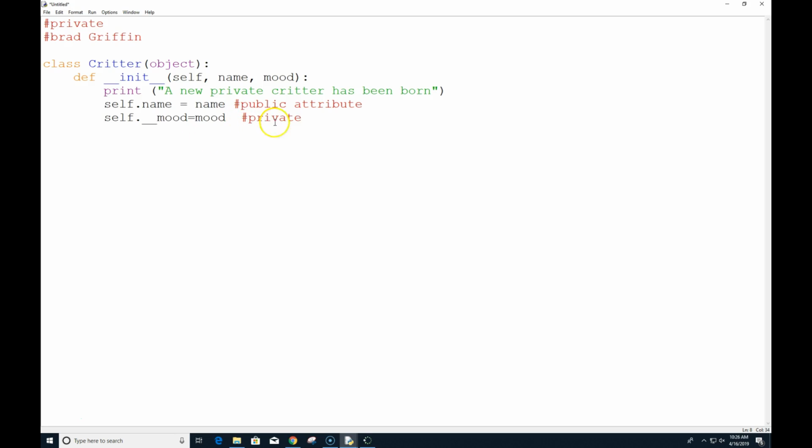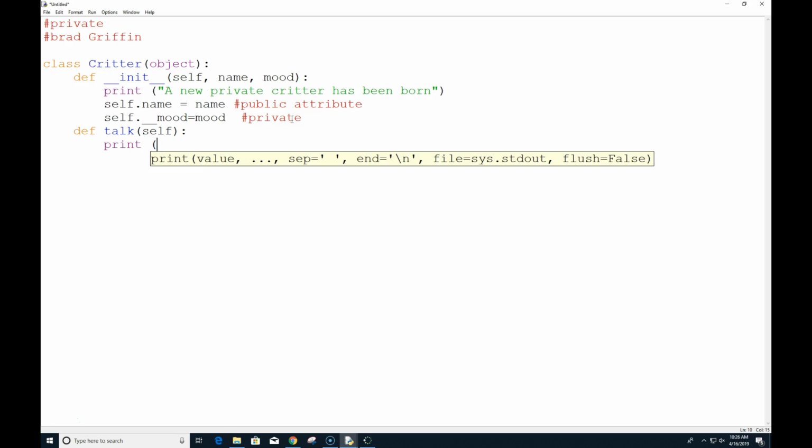All right, so we're going to put our talk function back in. We're going to put a talk in there, and we're going to print out, hi, I am self.name.